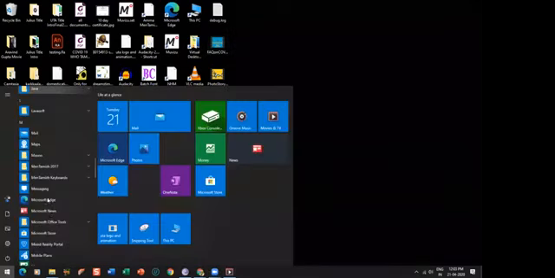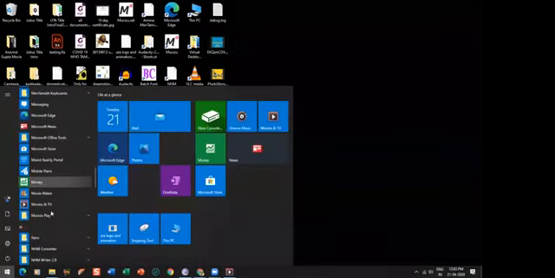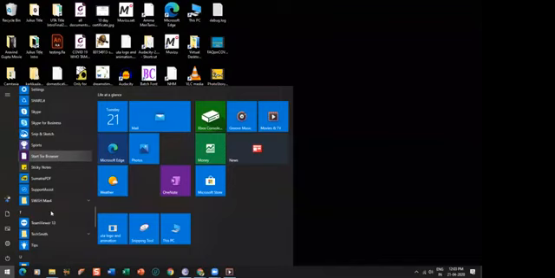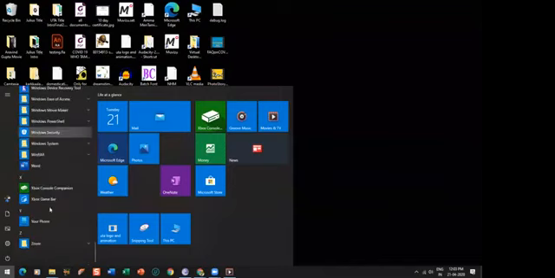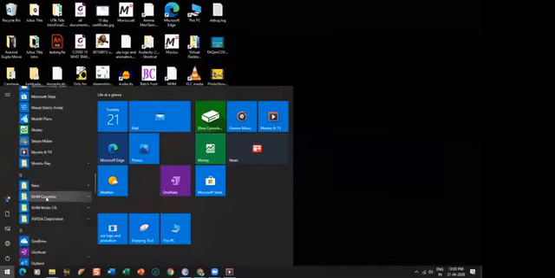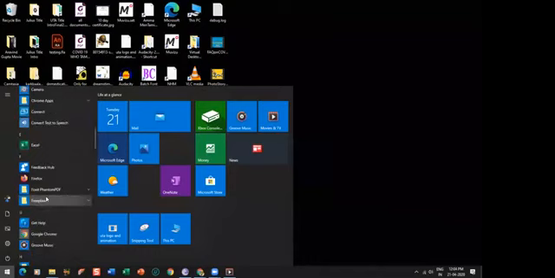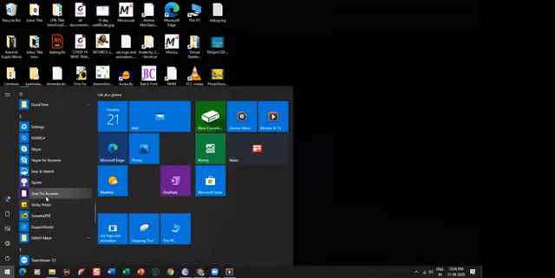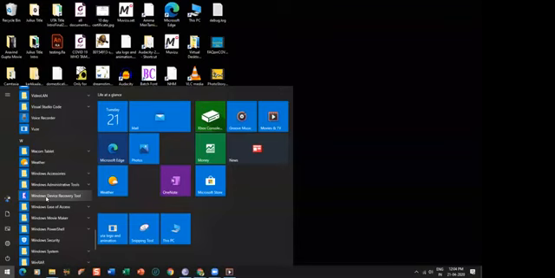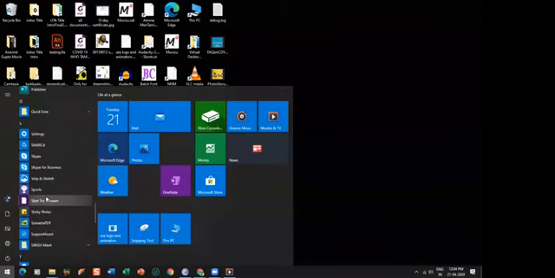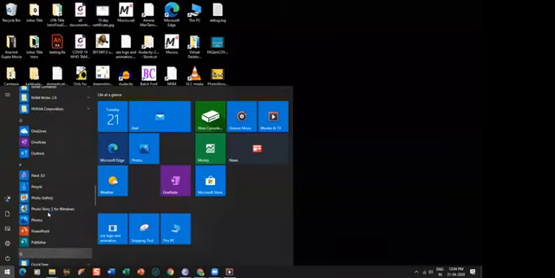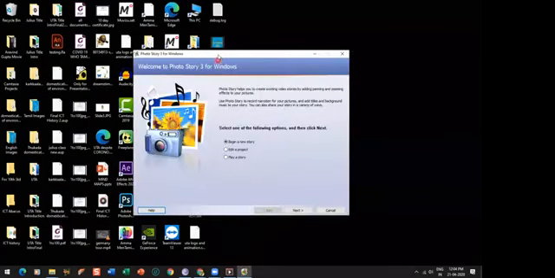Once opened, you will see a small window. Unlike other software, it has a very small window, and it is for a reason: while operating the software, you will have to access files which are available in the system. That's why it is kept small.